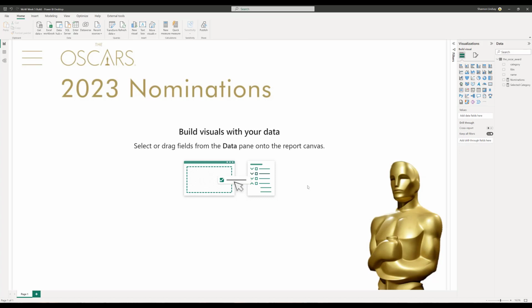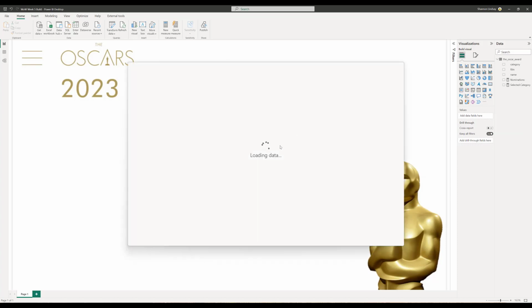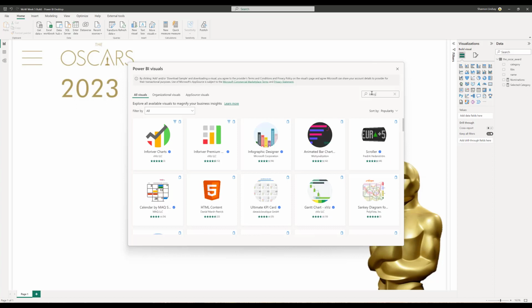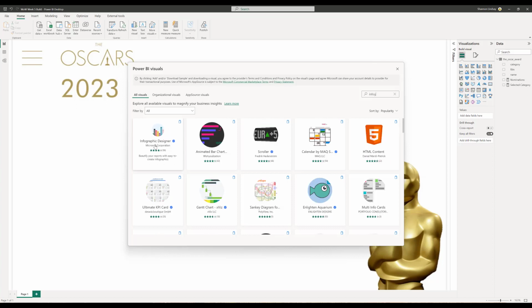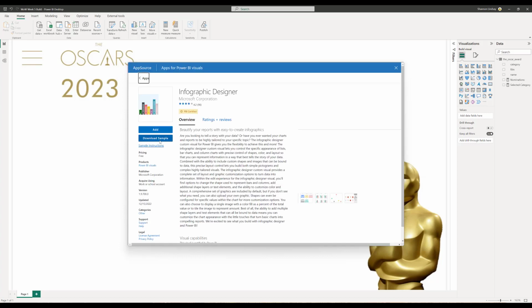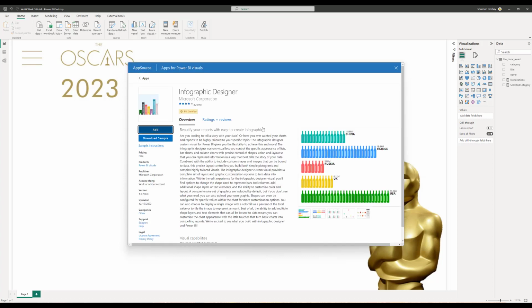So the next thing we're going to do is start adding visuals. The star of the show in this report is the Isotype visualization that we're going to use. I'm going to go ahead and just search for Infographic Designer. That's what this is. It is the Microsoft custom visual. We are going to select this, add it to the report,